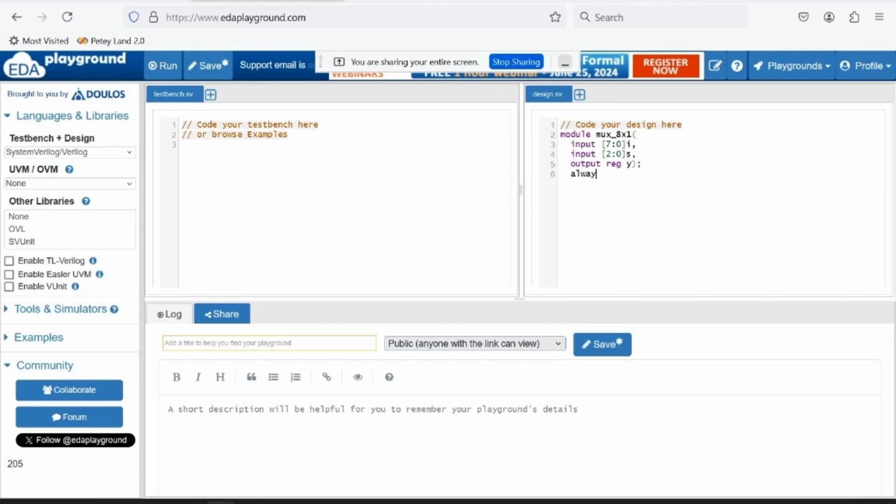And then always @(*) begin, case (S), 3'b000. For S0, S1, S2 equal to 0, 0, 0, I0 is transferred to the output Y. Similarly,